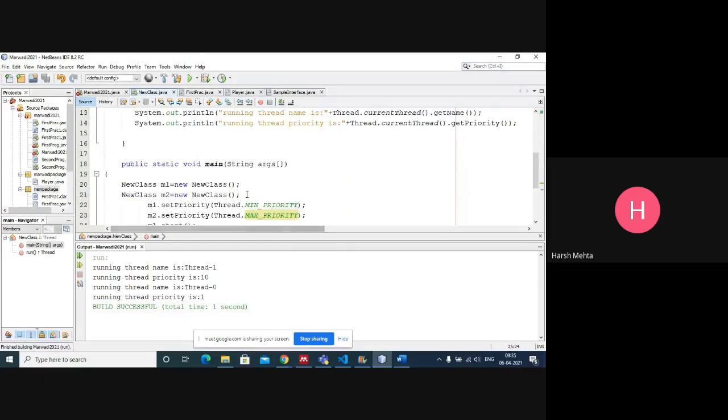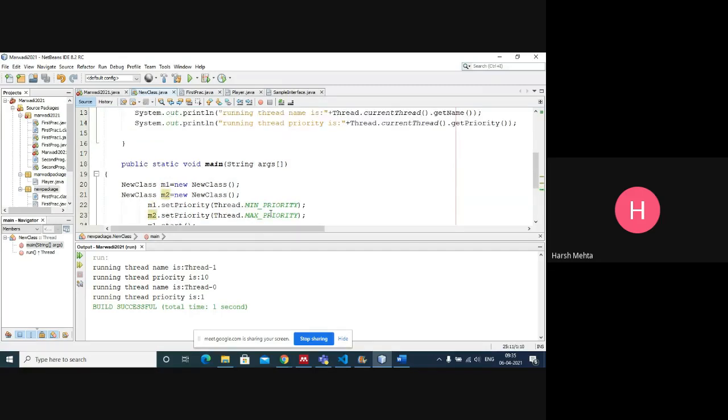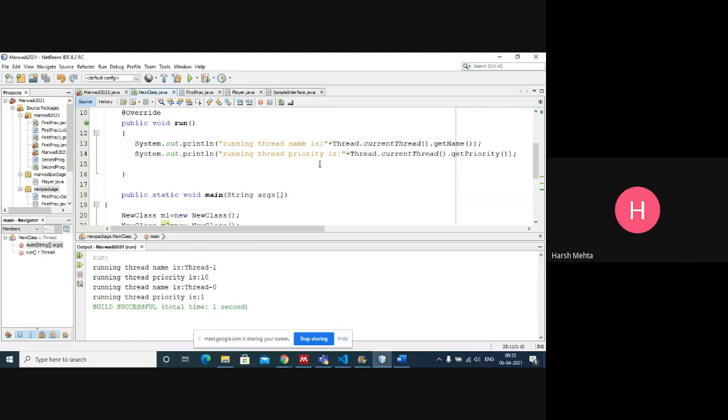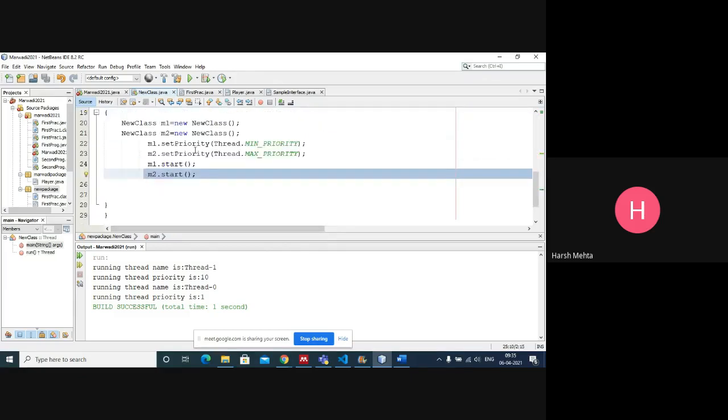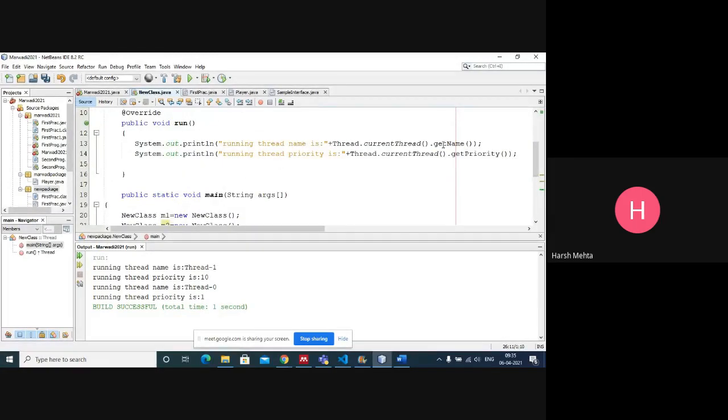Once we start the threads, M1.start, M2.start, the running thread is currentThread().getName, and the current thread which is running is the M2 thread. Why? Because its priority is highest. It checks which has the highest priority, and M2 has the highest priority, and that's why we get it first.